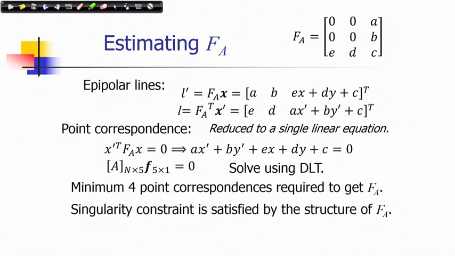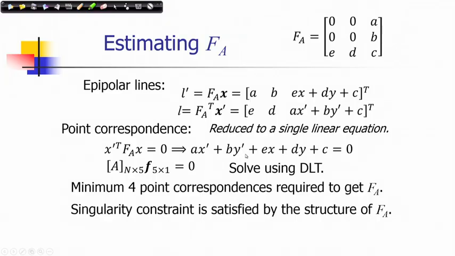affine fundamental matrix, we have to use the corresponding epipolar lines. So, L prime is given by this F x, a b x. So, these are the derivations we can see, and finally, given two pairs of points, you get an equation in this form, a x prime plus b y prime plus e x plus d y plus f equals 0. So, once again, because the structure of the fundamental matrix is simple, there are only 5 unknowns. So, this equation becomes